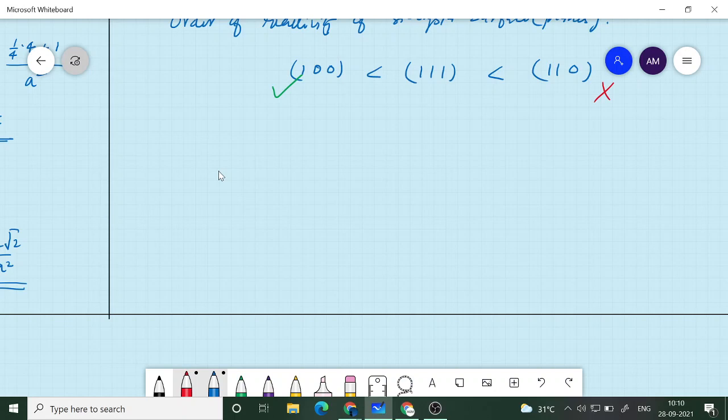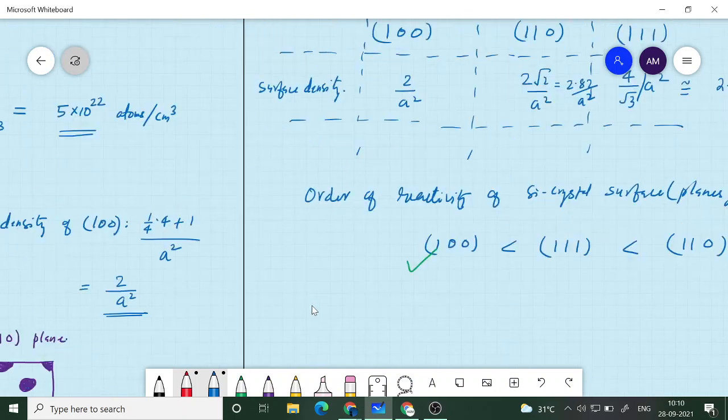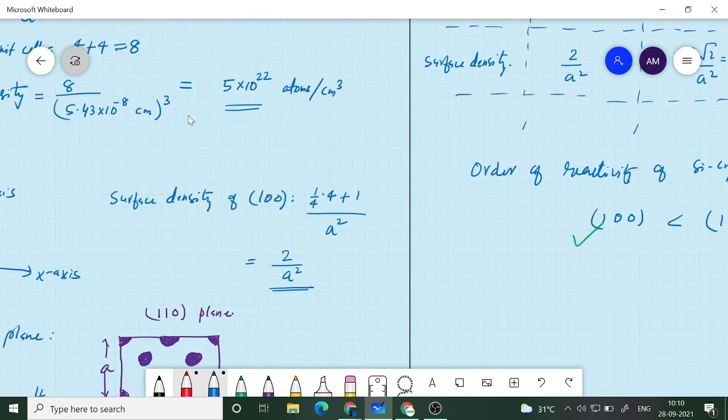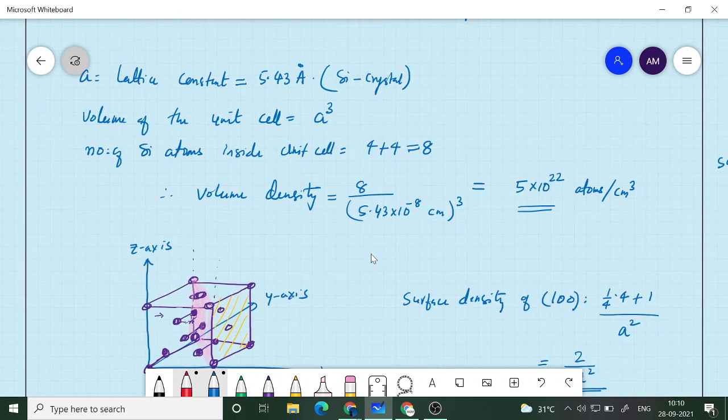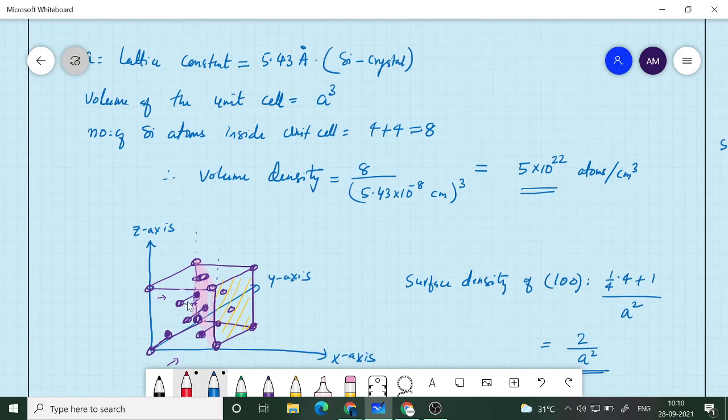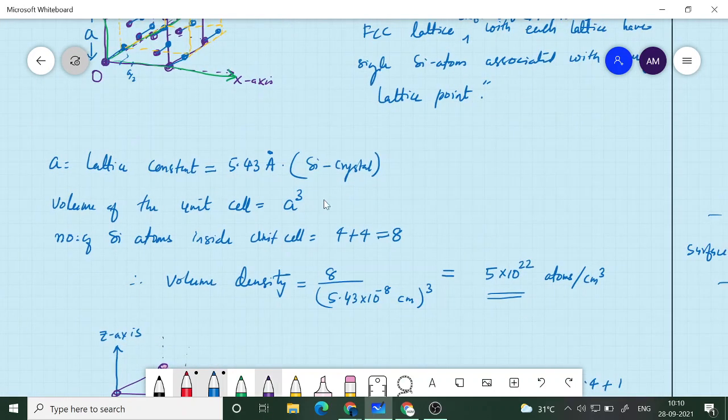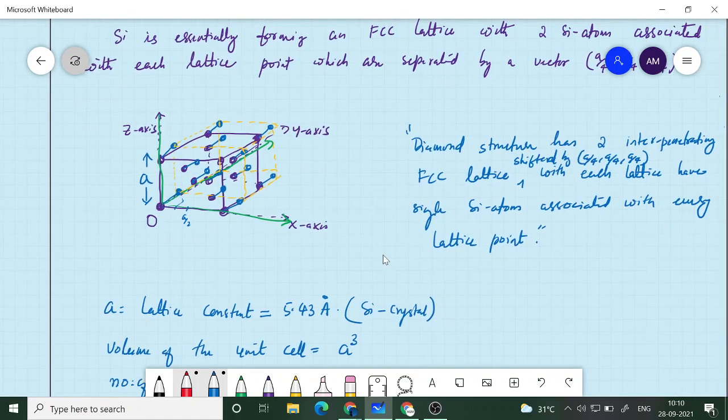Okay, so we saw the structure, but if you take one silicon atom, how many nearest neighbors, that means how many other silicon atoms are closely connected with any particular silicon atom that you take? If you look at that, say from the first picture, if you look at this picture, I can pick any silicon atom.